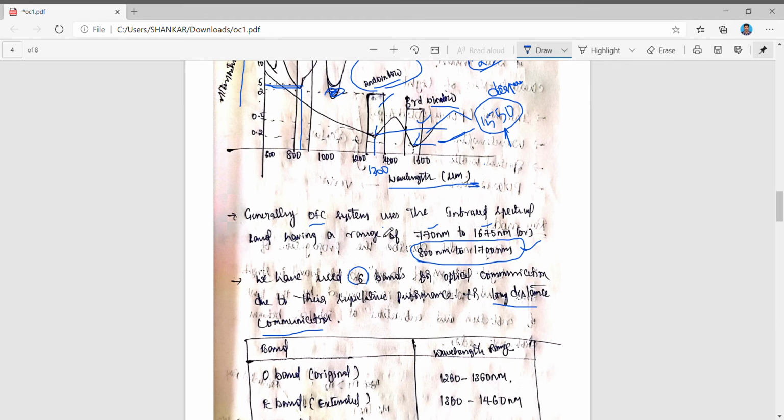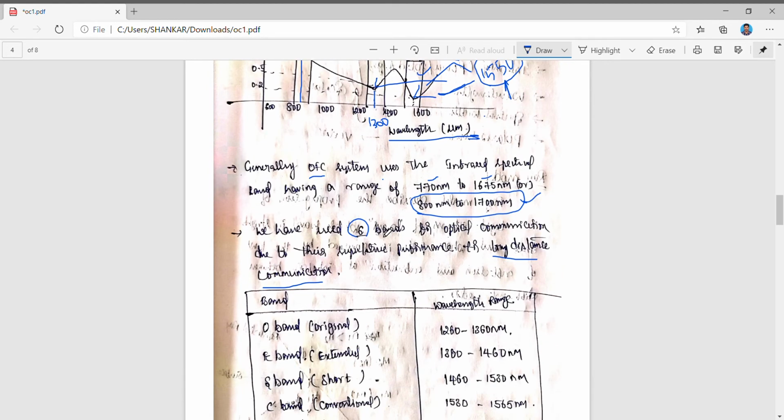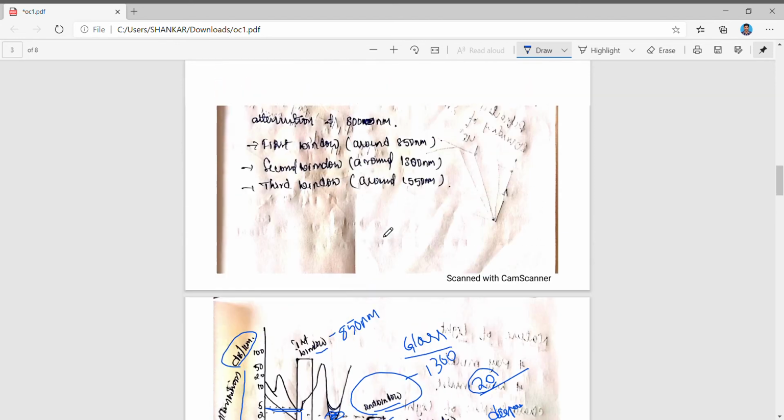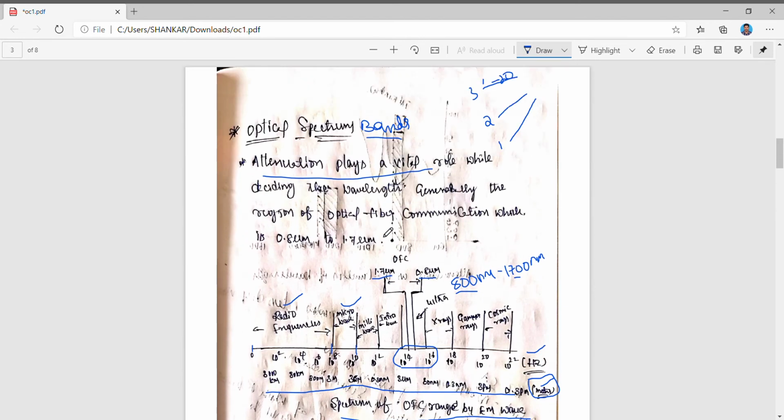Okay, see here we have the total spectrum band. For those who joined late, I will recap the optical spectrum band, which represents which types of bands are used for transmission. The optical spectrum bands represent which bandwidth or which type of frequency ranges we use for the transmission of particular signals.